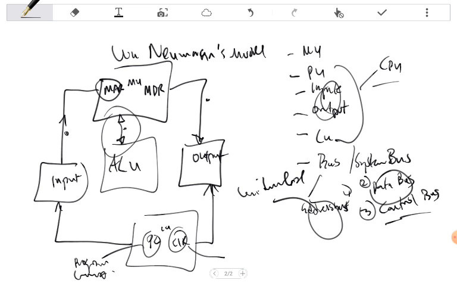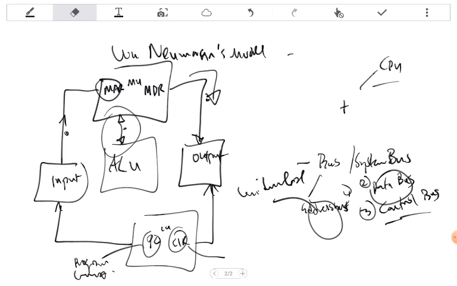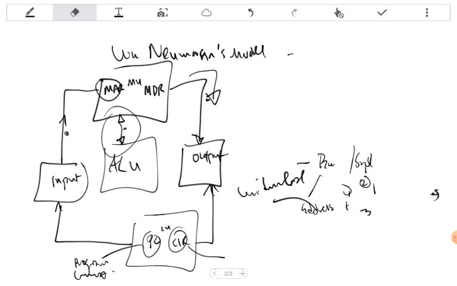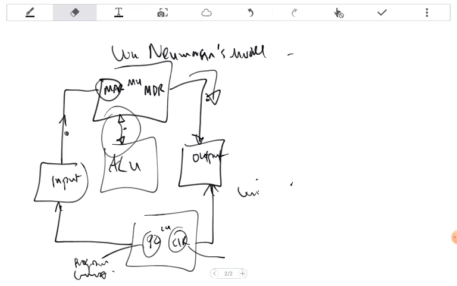Then after that, the decoded data is sent to the output using the data bus. So that's what you have here. I think this simplifies it. Is that okay? You have to understand that the read operation steps follow this particular sequence. If any part of this is not clear, you can just rewind and watch over again. I'm combining a series of diagrams to form this uniform diagram that I have here.